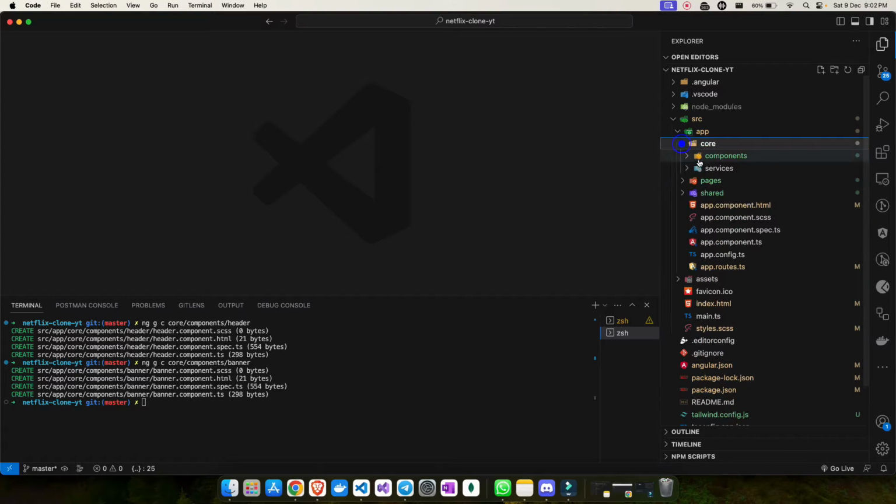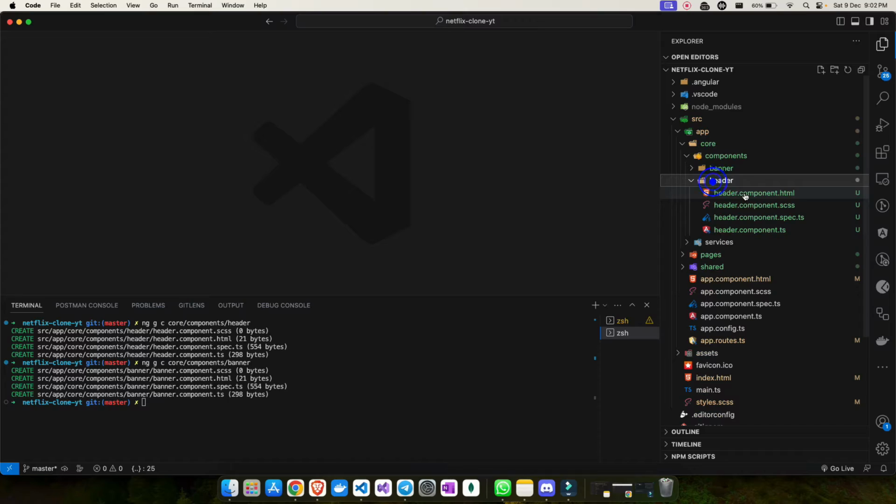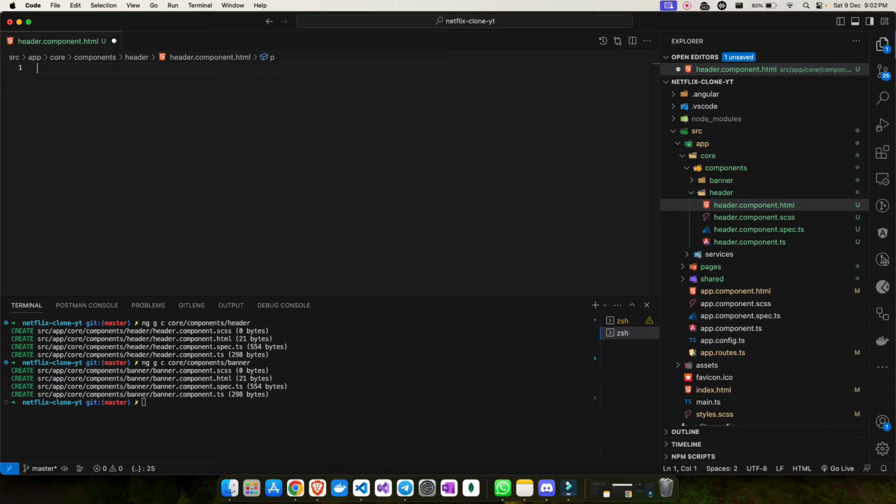Okay, so now let's go here in the header component and try to design it. So right now it looks quite blank. As you already know, we have already installed and configured Tailwind CSS, so I will be using the Tailwind CSS classes. So first thing, let me create the header, and in this header let me add a class. The first class I'm adding is bg-main. I'll tell you what this is for. Because I need to make it a black color, that's why. So the header will be sticky and top will be 0.